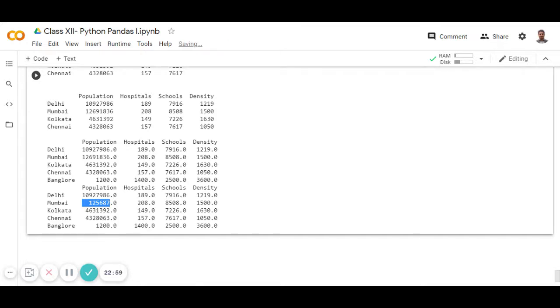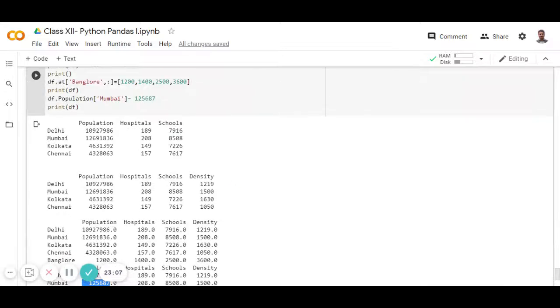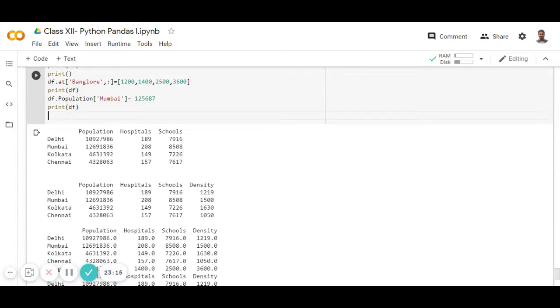When you want to drop a column, meaning remove a column, you can also do that. For that you have to give the command del, df and the column name.